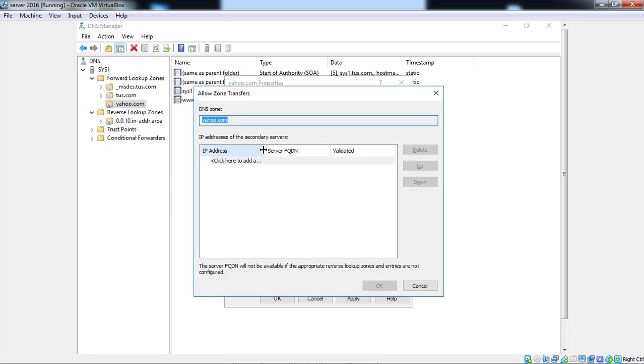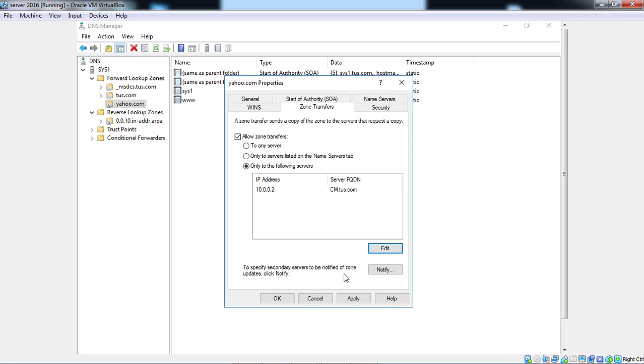Now in Edit, click here the name. You can see the client computer or member server name is automatically detected. Now click OK, and click apply and click OK.